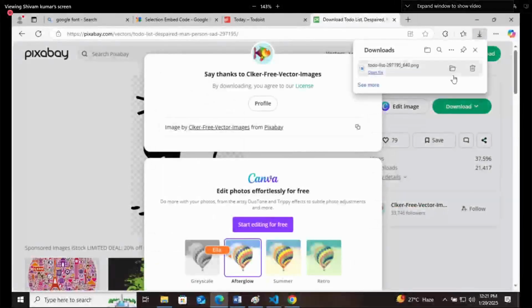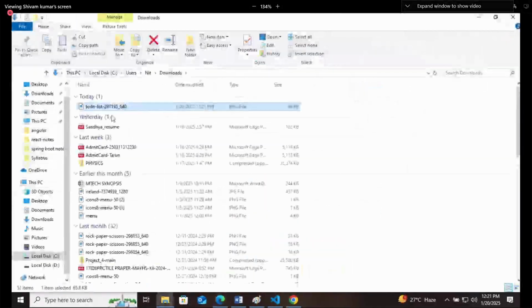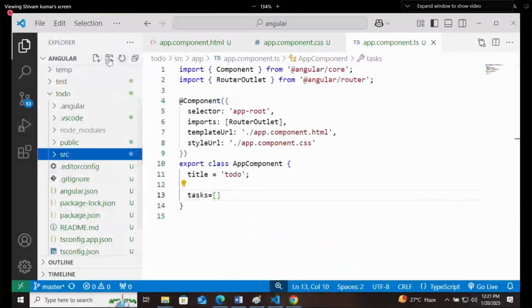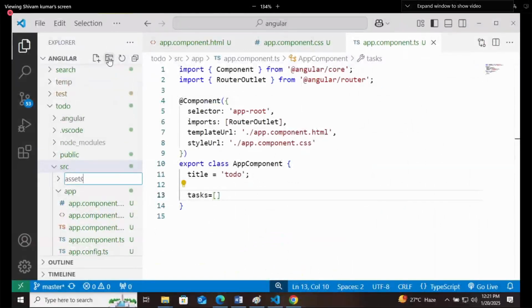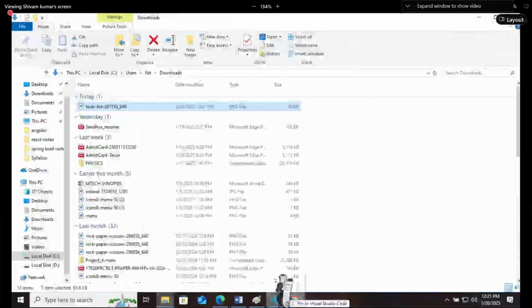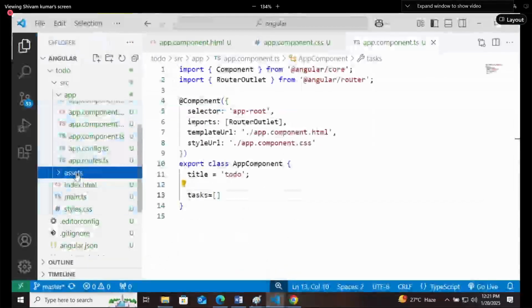How to use images in Angular? Where do we need to keep it? In src, at first we need to create an assets folder. In that assets folder, you need to keep your picture. Right?